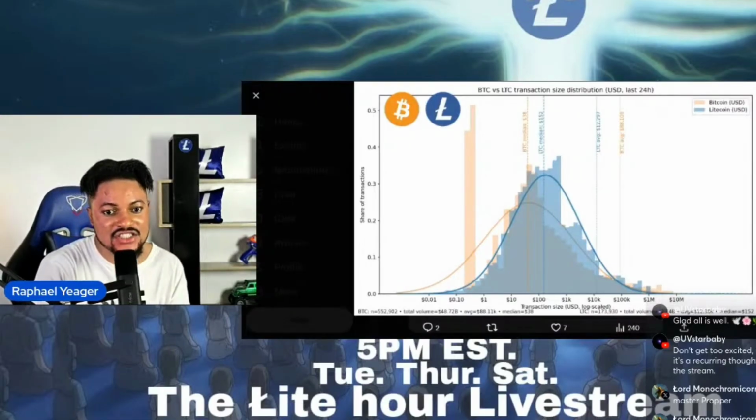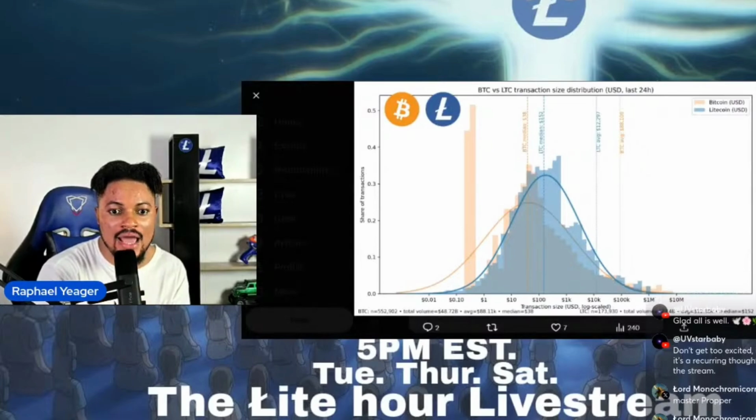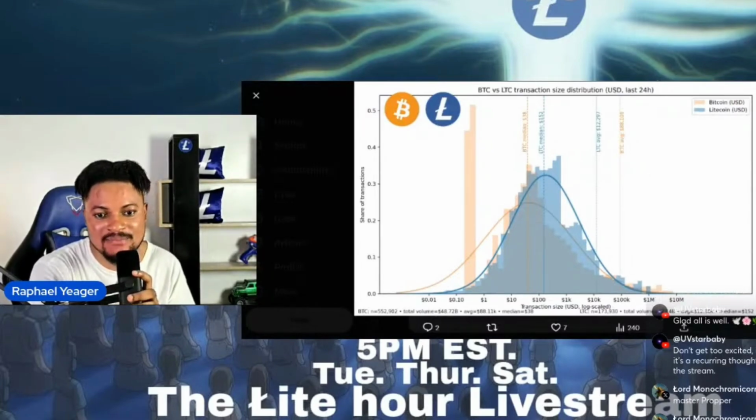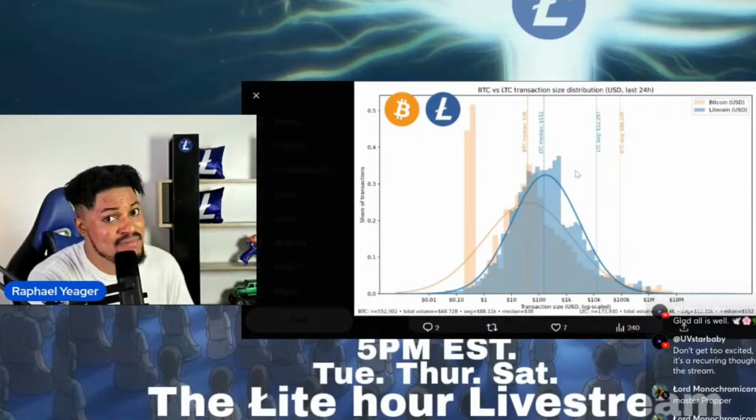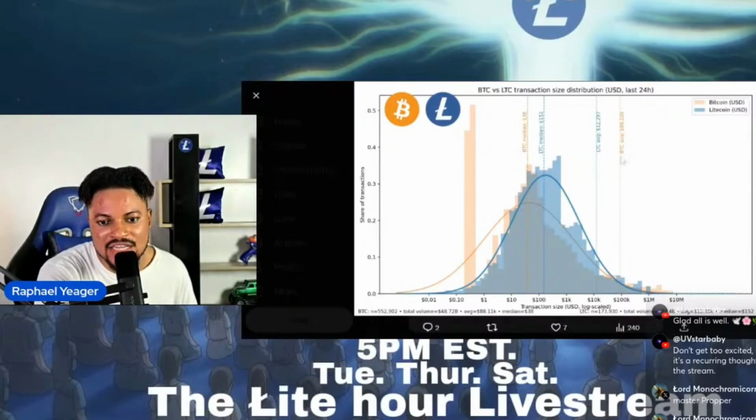Median transaction tells you what actually happens, who is actually using it, how much are they spending. And you can see this chart, right? You can look at it, and that's how you're going to know Litecoin is being monetized more than Bitcoin, right? What is the average transaction that's actually transacted on Bitcoin? So the average amount transacted on Bitcoin,